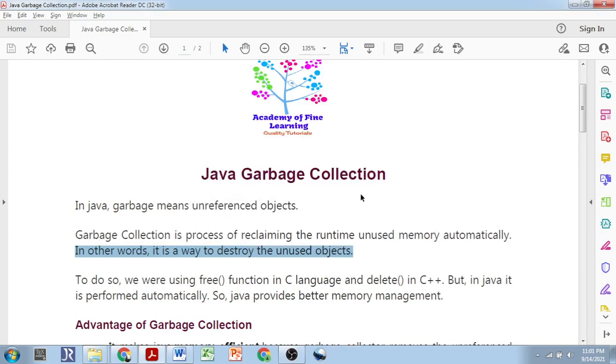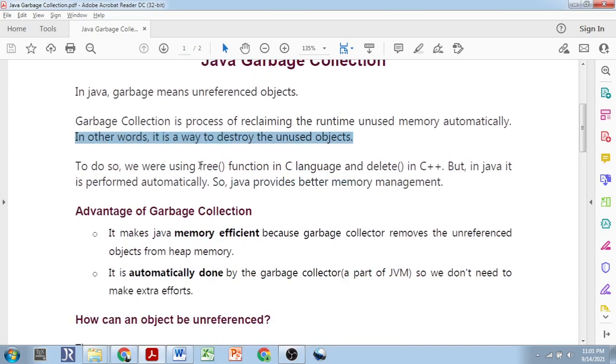For that, you know that you used to use the free function in C, correct? The free function was used in C to deallocate the memory which was being used by pointers or by some other methods. Similarly, in C++, we used to use delete. The delete is used by the C++ programming language to do the same thing. But in Java, even though we have methods available for garbage collection, which we'll see very soon,